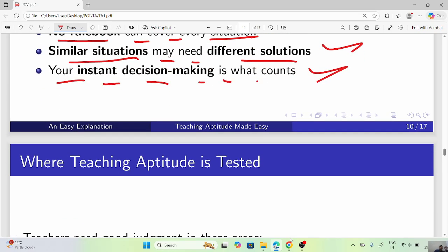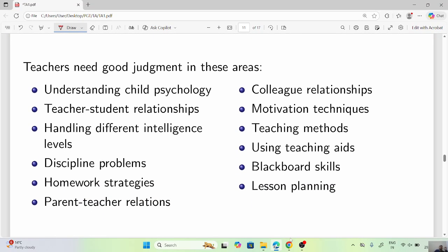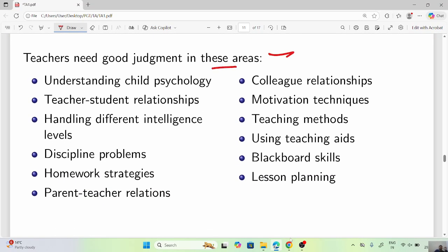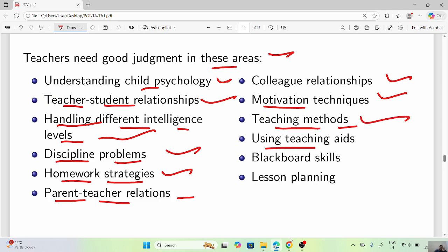Okay, after that, where teaching aptitude is tested. Teachers need good judgment in this area, like understanding child psychology, teacher student relationship, handling different intelligence levels, discipline problems, homework strategy, parent teacher relations, colleague relationship, motivation techniques, teaching methods, using teaching aids, blackboard skills, and finally, lesson planning. After that,